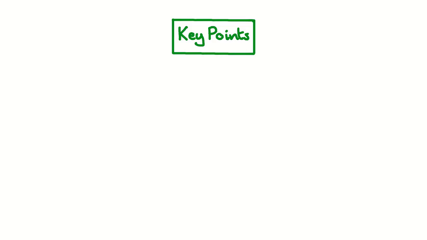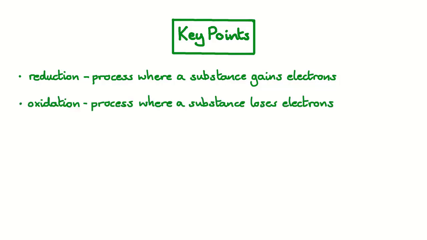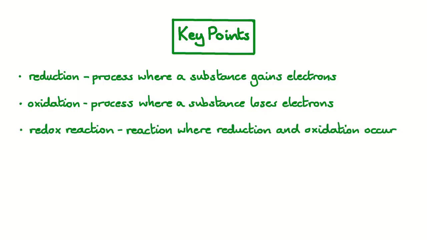Finally, let's finish up with the key points. Reduction is a process where a substance gains electrons, while oxidation is the reverse, the process where a substance loses electrons. At higher levels, we may move away from counting electrons to looking at what we call oxidation numbers. A redox reaction is a type of reaction in which reduction of one substance and the oxidation of another substance